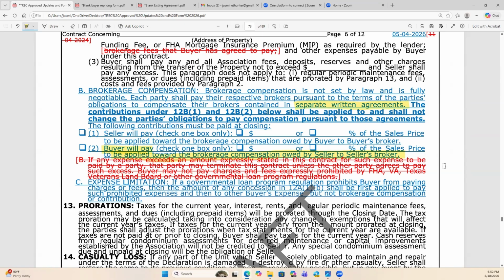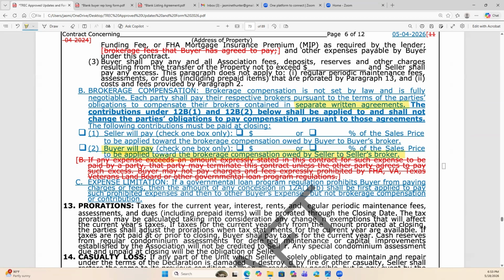We are making it even clearer now because there's been lawsuit after lawsuit after lawsuit for the past couple of years trying to figure out who actually has to pay this money. So they're changing the wording. So when you come across this and your clients say, wait a minute, the buyer can contribute, you need to be very clear and firm on the buyer agent standpoint.